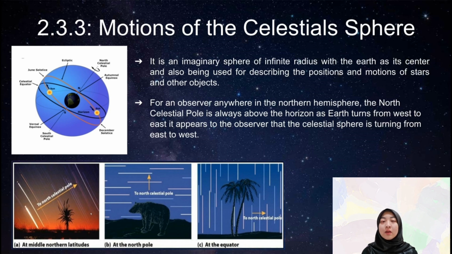All other stars have daily circles that are partly above the horizon and partly below it, which means that they appear to rise in the east and set in the west. This just shows you on the bottom what the star trails would look like if you are at different regions. So we saw for our location in the last image what it would look like at middle latitudes. At the North Pole, it would just look like the stars all go around you, since you are the center of rotation up there, and at the equator it looks like they move straight up and down.